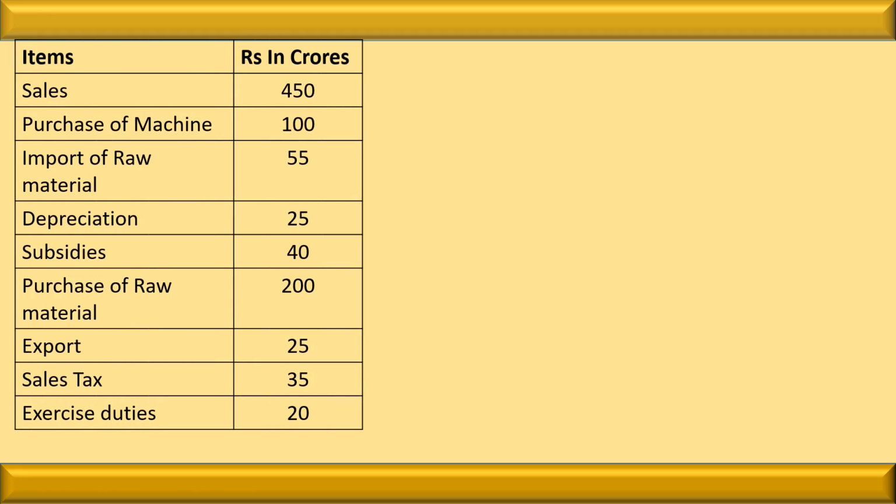Try to see the next question. In this question we have to find out NVA FC. NVA FC means NDP FC. It means domestic income. Here the sale is written, purchase of machinery is given, import of raw material, depreciation, subsidies, purchase of raw material, export, sale tax,